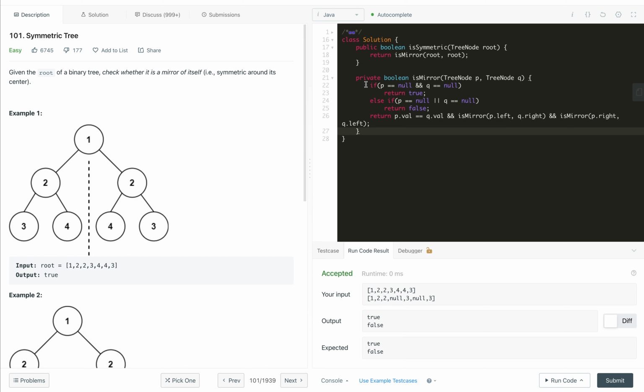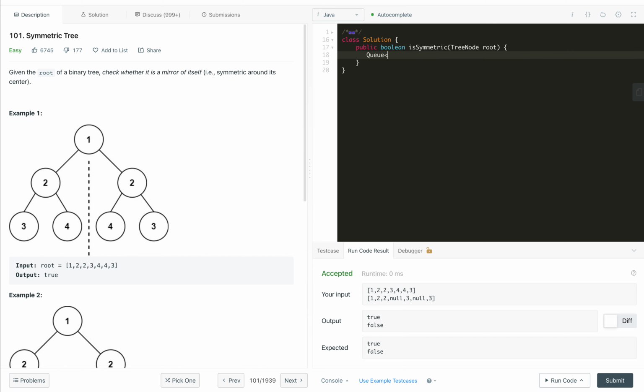Now if you want to write this code in an iterative way, how do we do it? In the iterative way, let's just discard this piece of code and rewrite it again. For writing iterative code, we will use the help of a queue, as we use in the level order traversal. So let it be a queue only, a new LinkedList. Now what we will do,